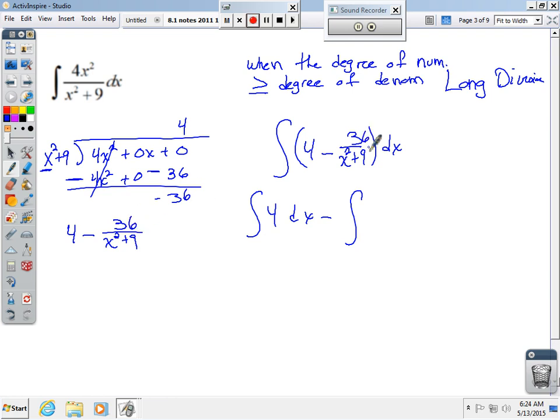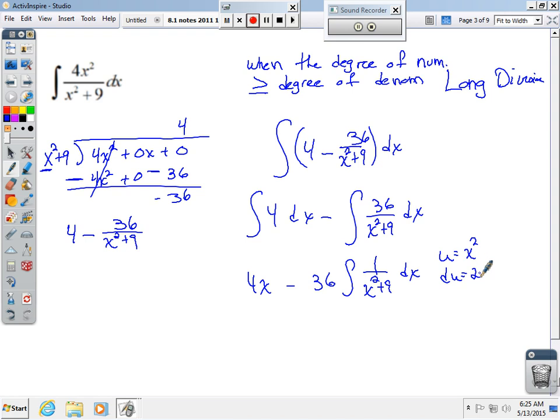I'm glad I caught that. Minus 36 over x squared plus 9 dx. Alright, so the integral of the first one's easy, that's the 4x, and for the second one, you're either going to have to try use substitution, but again, this is a trig one. So I'm going to bring the 36 out in front, leave the integral 1 over x squared plus 9 dx, and that's going to be arctangent,